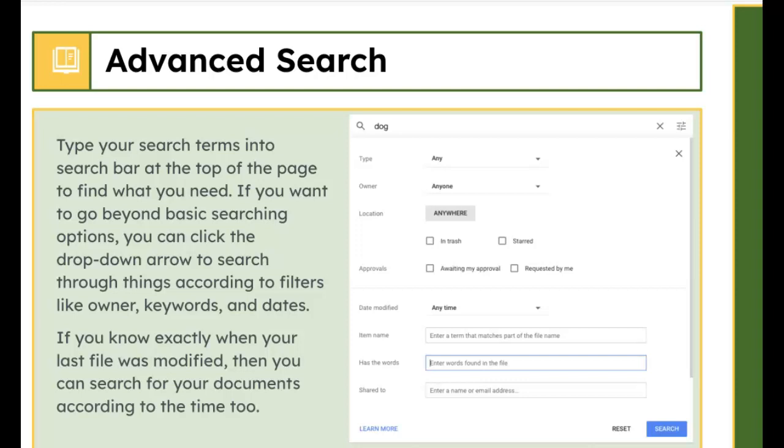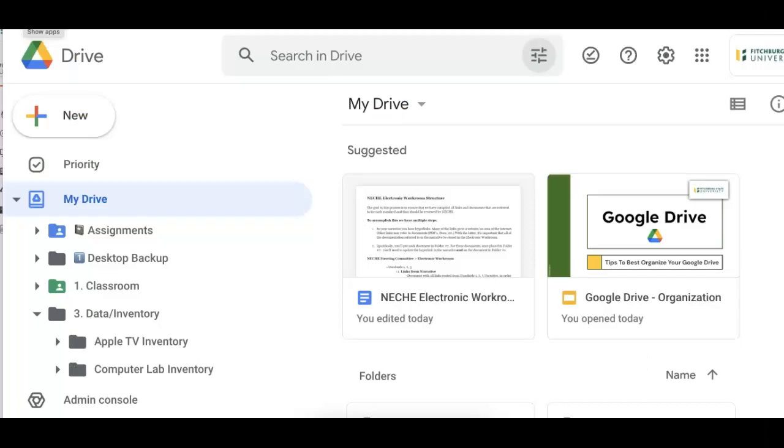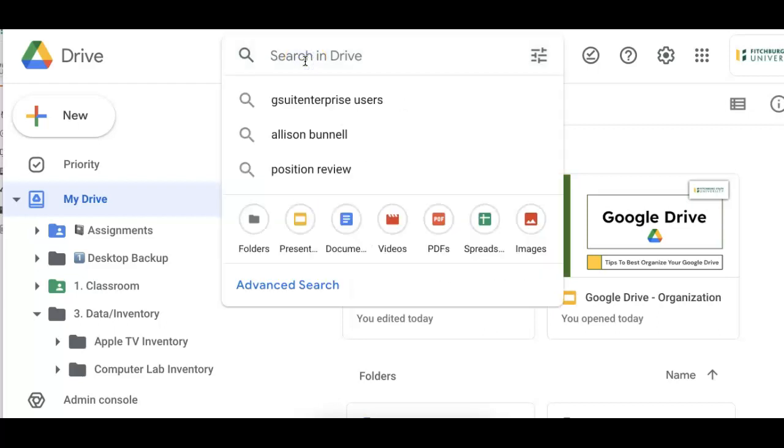I suggest that you leave it a little open-ended in the beginning so that you're capturing everything that you are looking for. And if that doesn't work, then certainly, whittle down to more search criteria until you find exactly what you're looking for. So while it's easy to get overwhelmed within your Drive, do use this search feature when you can.